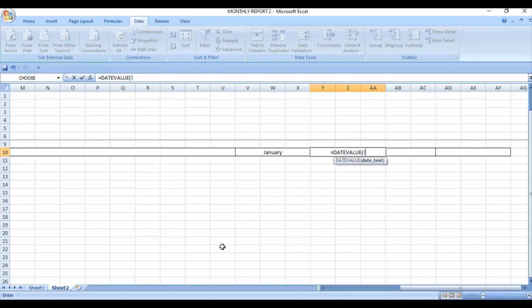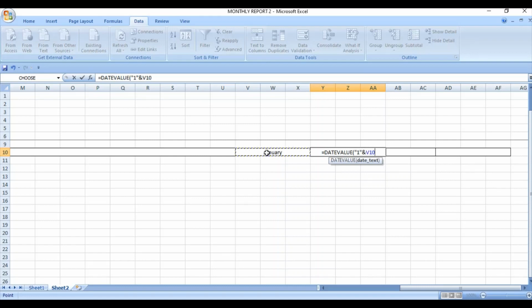So write here 1, with the help of quotation marks, and select your month name.